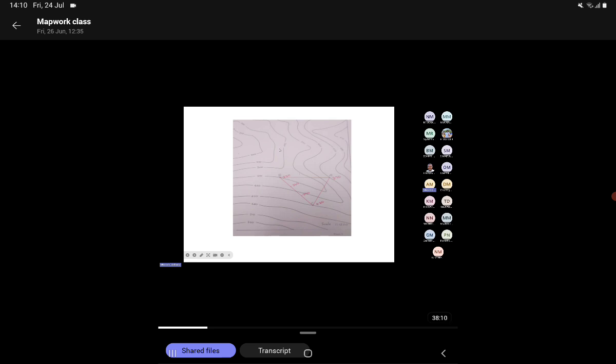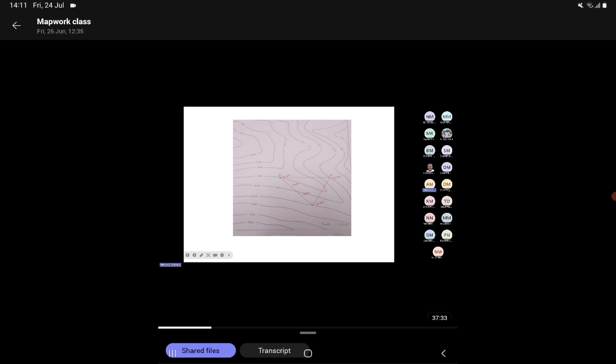You use the contour interval on the map. Where do I get it? I get it from my contour lines. It will be a constant value throughout your map. If you look at your contour lines, you've got 360, 390, 420, 450, 480, and so forth. You just need the difference. 360 and 390, the difference is 30. If you take 510 and 480, the difference is 30. If you take 450 and 420, the difference is 30. So on this map, we're going to be moving at a sequence of